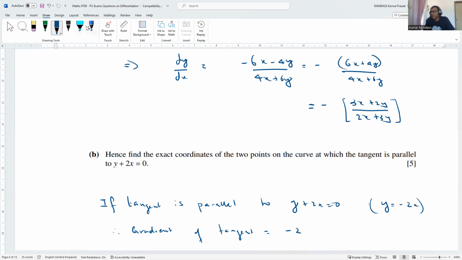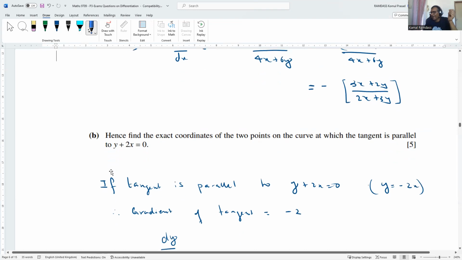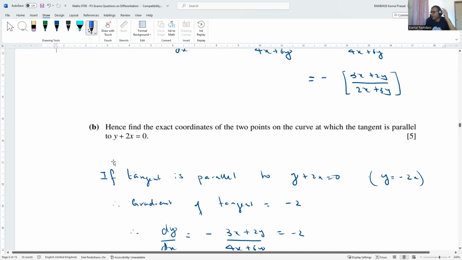Donc, là, on finit gagner la réponse ici. Pas correct. Hence, find the exact coordinates of the 2 points on the curve at which the tangent is parallel to y is equal to 2x. Bon, if tangent is parallel to y is equal to 2x,